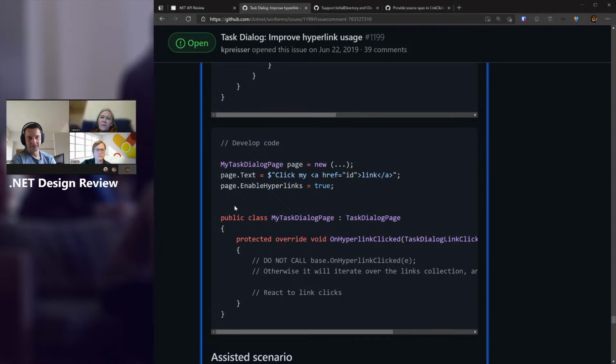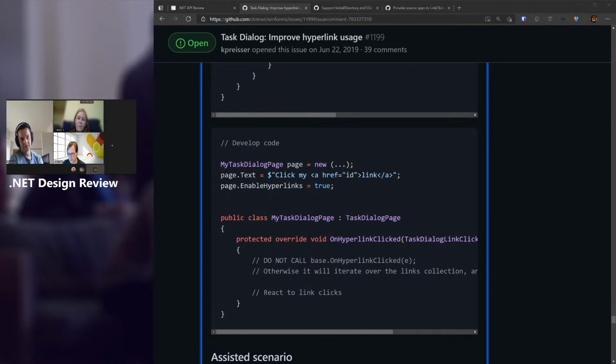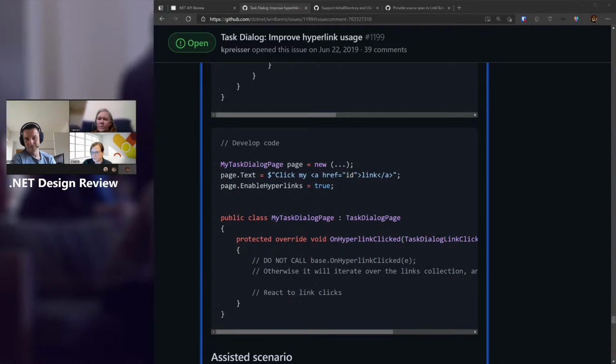It is in the WinForms repo, and it's issue 1199. You can probably just drop the link in the chat as well. That would be smart. There we go. And it could be even nicer to drop it also in the YouTube chat, so people can do that there too.